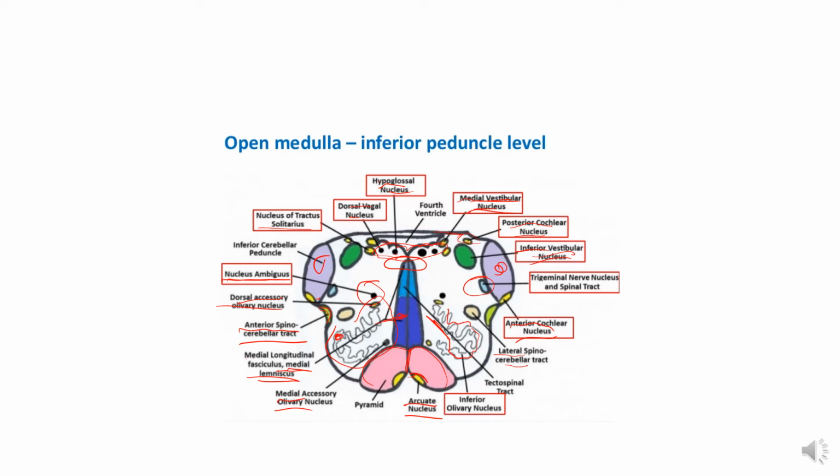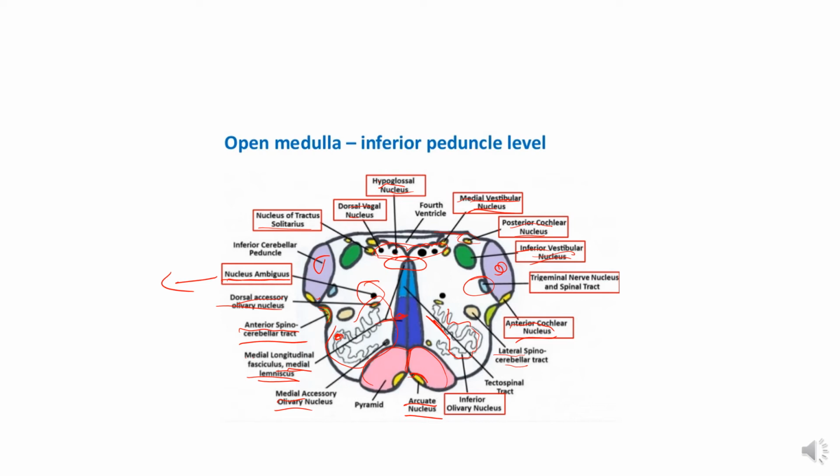The reticular formation, consisting of a diffuse mixture of nerve fibers and small groups of nerve cells, is deeply placed posterior to the olivary nucleus. The reticular formation represents at this level only a small part of this system, which is also present in the pons and the midbrain. And one of the nuclei, that is nucleus ambiguus, I have told you that it lies deep in the reticular formation. The glossopharyngeal, vagus, and cranial part of accessory nerves can be seen running forward and laterally through the reticular formation. Not shown here. I will show in the next diagram.